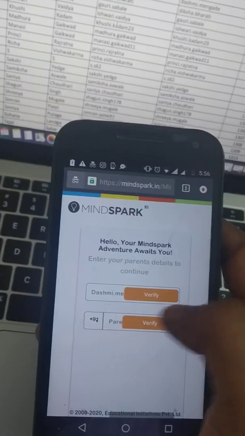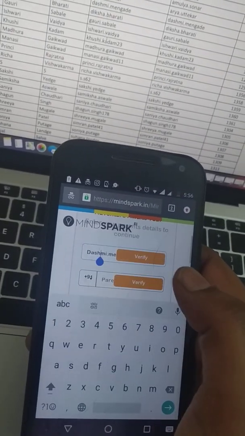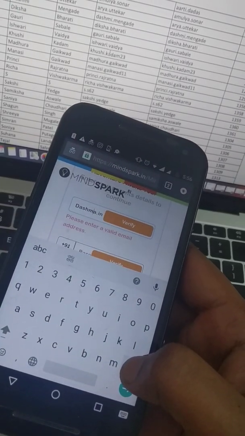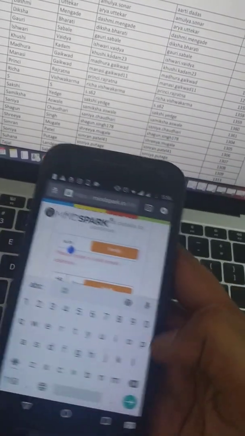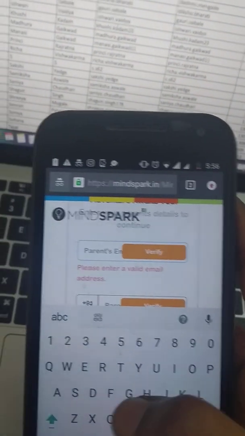So once I get here, it's asking me for parent details. So for Dashmi, I am giving my details. For you, what you can do is give your Avasara email ID.